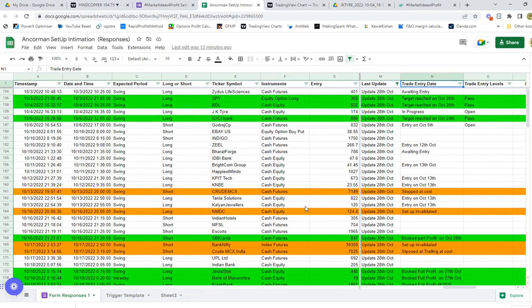Now the subscription cost is not going to be huge. It's going to be very, very affordable. One trade would be enough to give you the entire year's subscription, is the promise that I am building